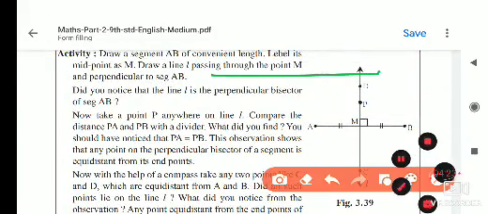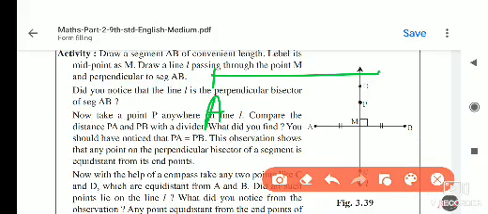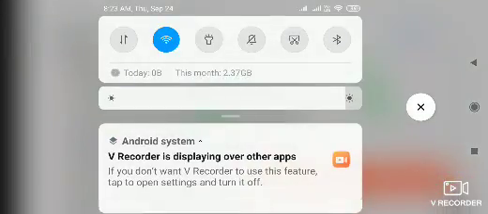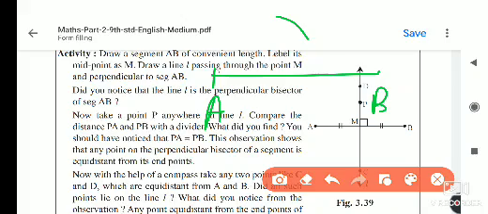Okay, take a compass and take more than half the distance in your compass, and draw the arc above the segment and below the segment. From B, draw the arc which intersects the first arc, and draw the line passing through these. Then you will notice that this is the perpendicular bisector of the segment, and if you take any point on this, you will notice that these points are equidistant from the endpoints of the segment.